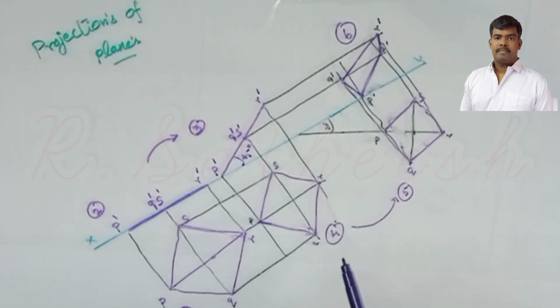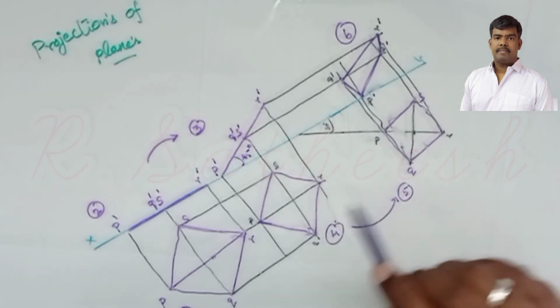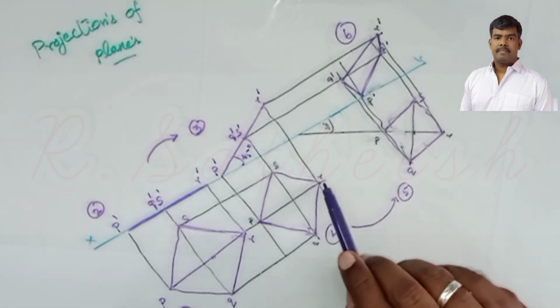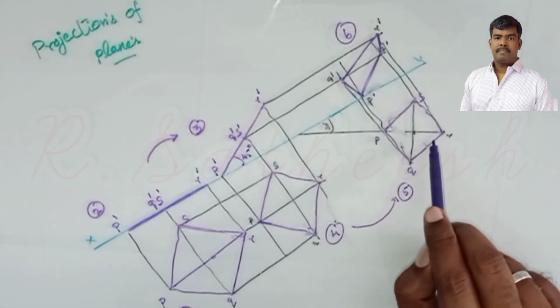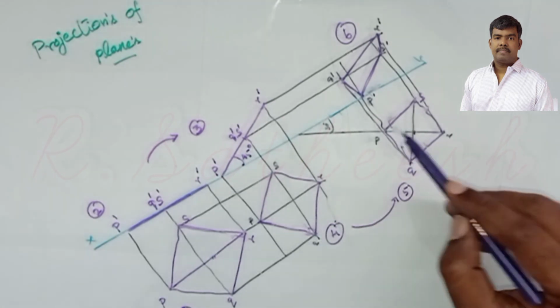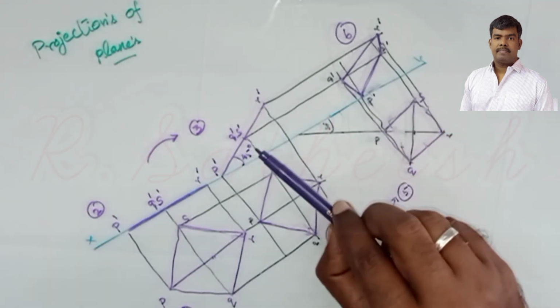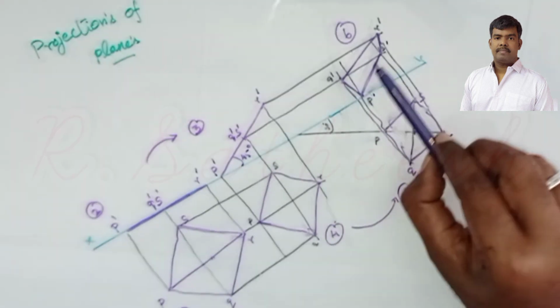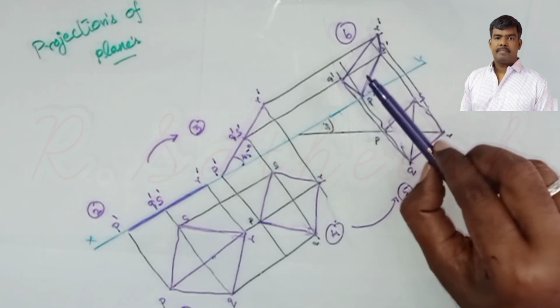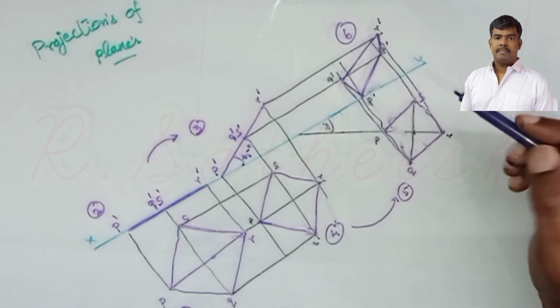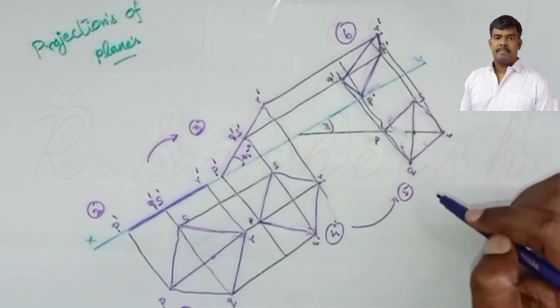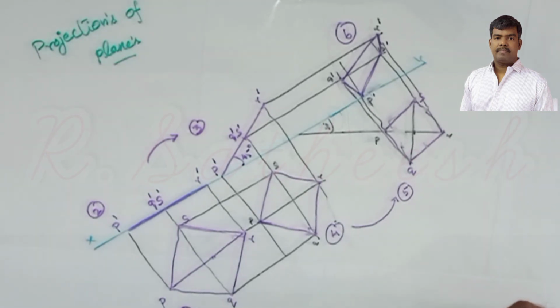We get the fourth one. Now the fourth and fifth are both the same. Here in the fourth diagram PR is parallel to VP. Here PR is, as per the given condition, 30 degrees inclined to VP, the same shape and size. Then you project it from the top view towards the front view, and from the third diagram you draw the projection lines. So the intersection points PQRS dashes, join them. This is the solution for the given problem. Thank you.